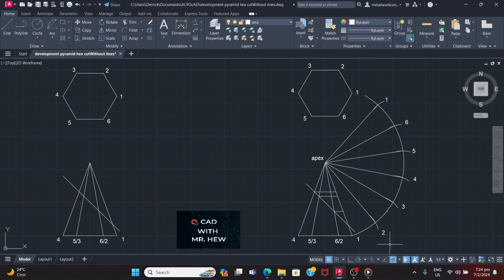I'm going to remove this line for clarity. So I'm going to delete it. Okay, I'm going to delete this line too. Those are construction lines. We really don't need them at this point. All right, so the next thing that we're going to do